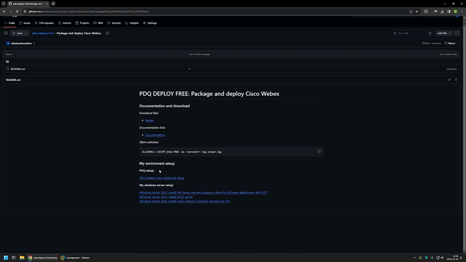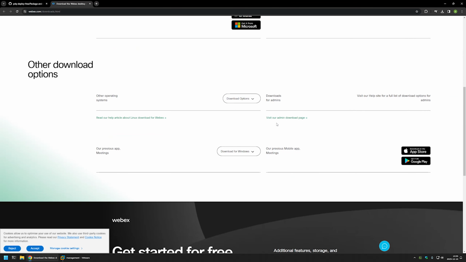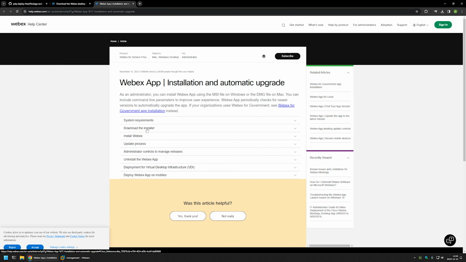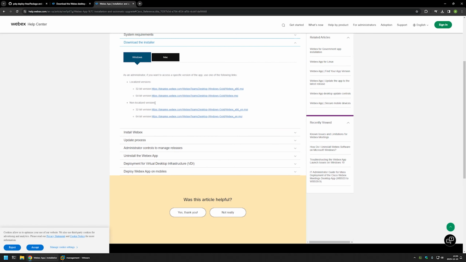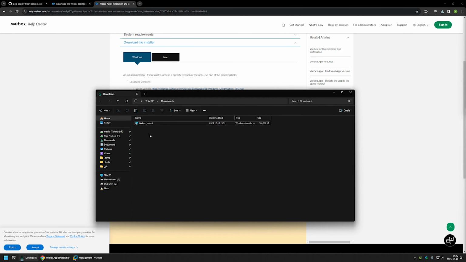And now I will begin this video by downloading Cisco Webex executable installation files, and for that I will use the link that I have here that brings me to Cisco Webex download page. Here I will scroll down a bit, then I will click on visit our admin download page, and here I will select download the installer, and I will be using non-localized 64-bit version. So I will click on this link right here. It should start the download, and then I will go to my downloads folder. And now that I have my installation file, I will right click on it, select copy,